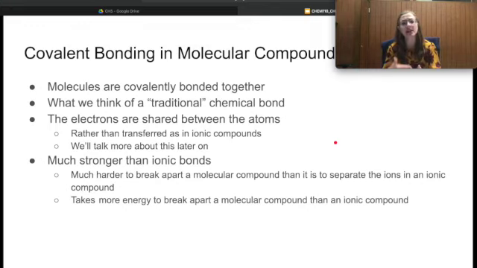What we have is that these electrons are shared between the atoms through an overlapping electron cloud. So that would be what the stick represents on the ball and stick model. It represents that the electrons are being shared and passed back and forth between those two atoms. We'll talk about this a lot more as we start to talk about molecular shape and things like that in Unit 3. However, for right now, you should just know that that's kind of how they're held together, is through